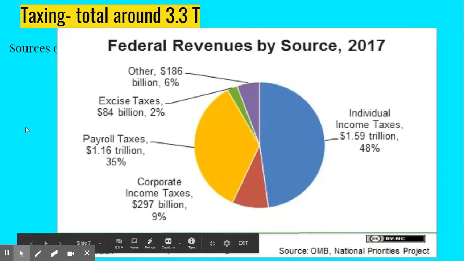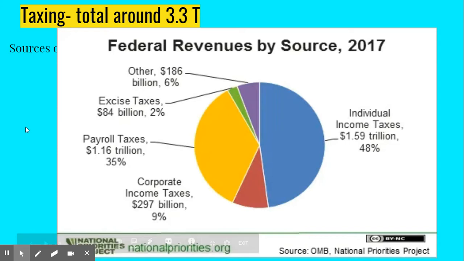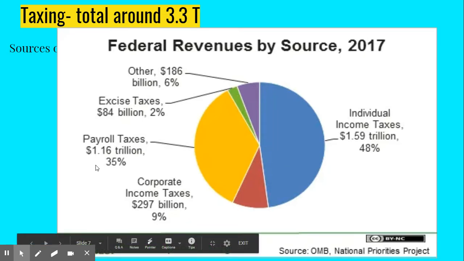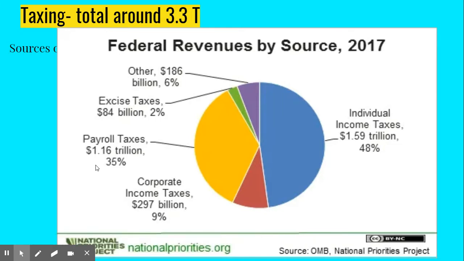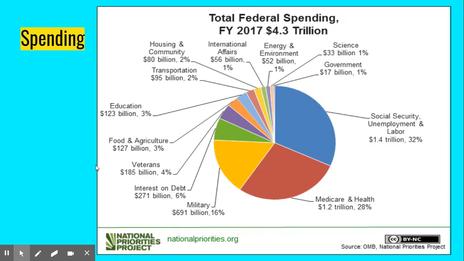All right, we're going to get into taxing and spending. So obviously, all of these things take money to implement. So where does the money come from? So we're going to talk a little bit about the budget here. This is an example of tax revenue coming in as a part of the federal budget. So, sources of the federal budget. We have individual income taxes coming in that pays for the majority of things that are spent on policy. Then payroll taxes, and then some other things here. Okay, so this was 2017, the federal revenue sources.